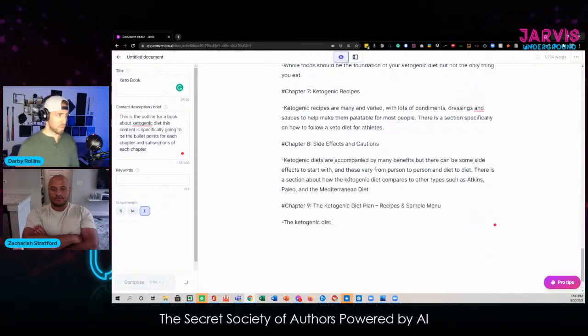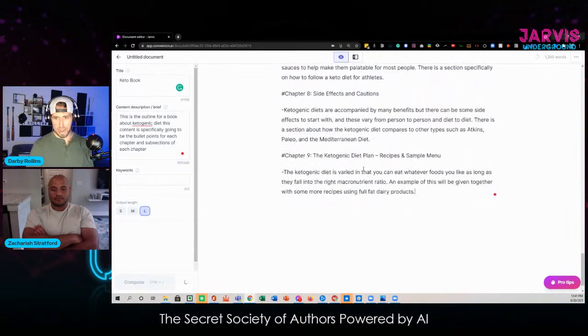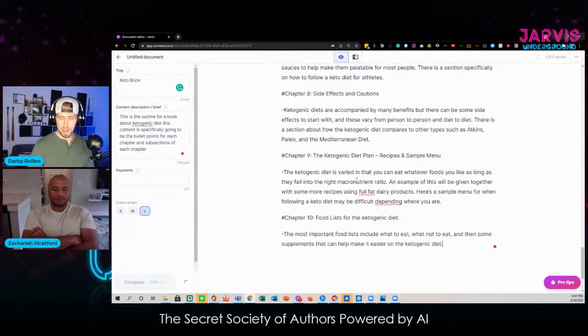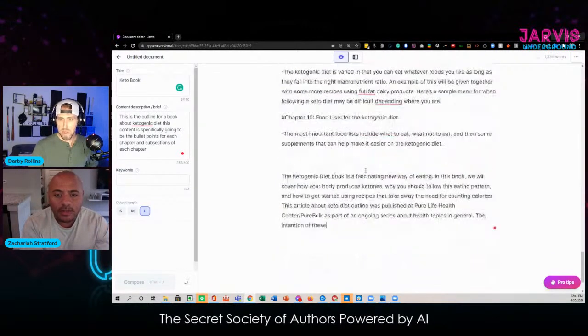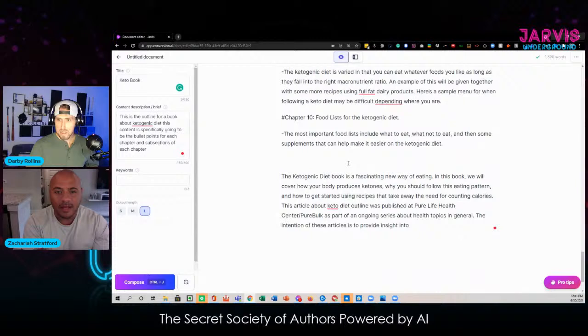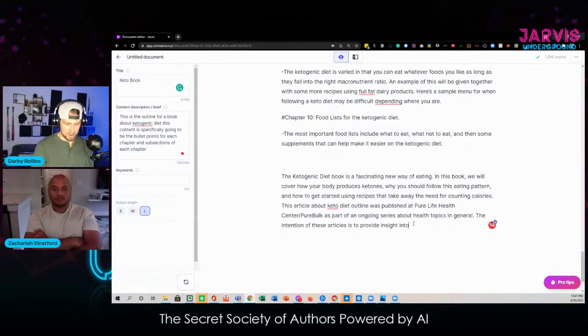All right, so here we're brainstorming an outline idea. We don't have to keep all of these, but it's giving these ideas that look solid. And you being a keto man, how is this output? You can eat whatever food you like, as long as you fall into the right macronutrient. I mean, it's spot on, right? And then the ketogenic diet, it's a fascinating way. The intention of these articles is to provide insights into